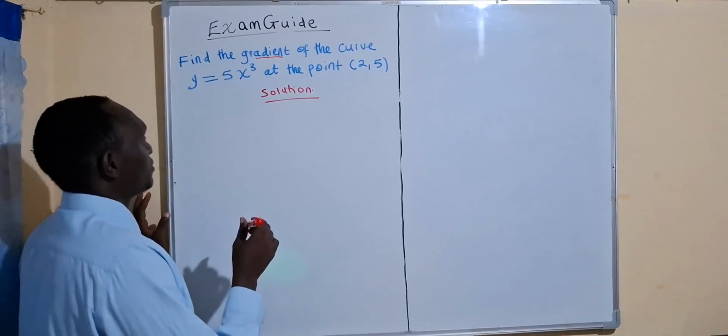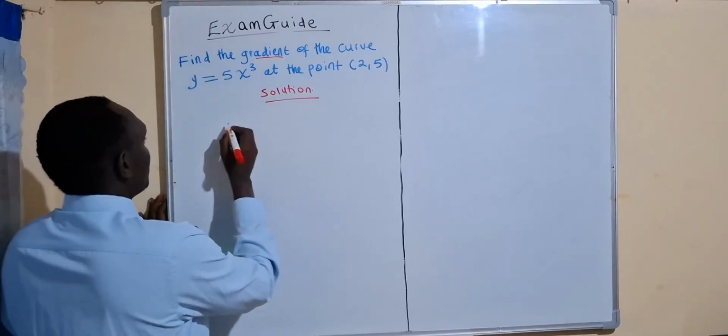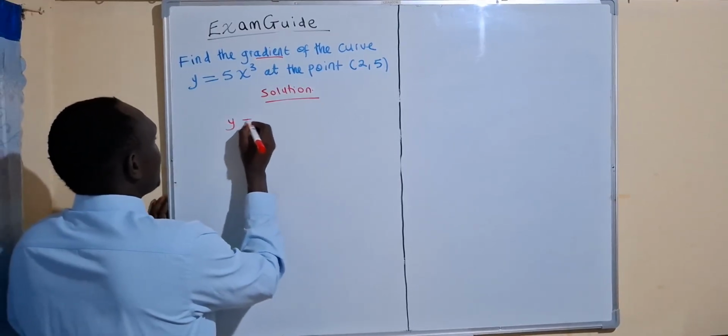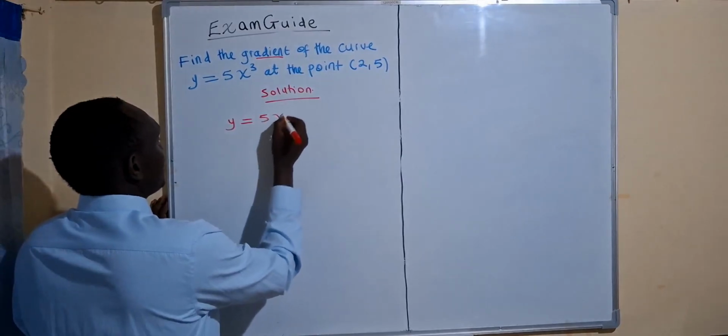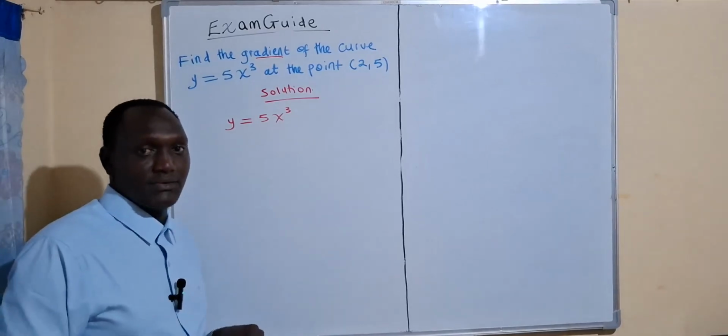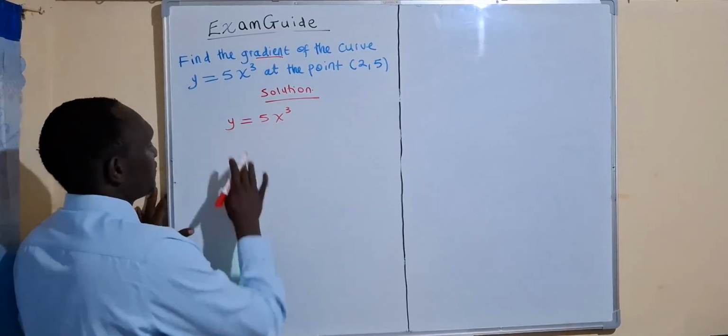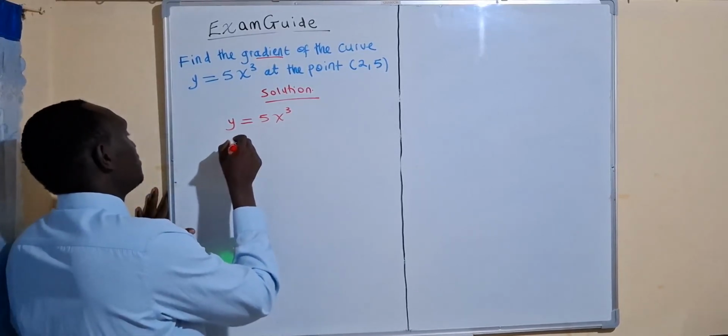So for us to be in a position to get the gradient of the curve at that point, we need to first start by getting the gradient function of the curve. The gradient function of the curve means we need to differentiate the given function of the curve. So if we are differentiating this, we shall say